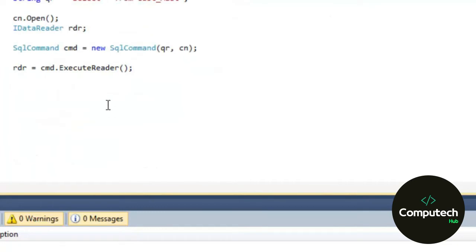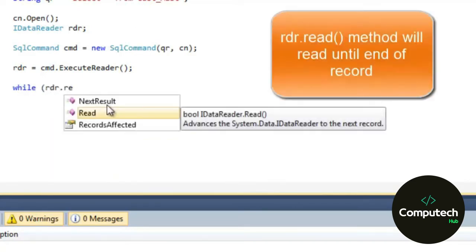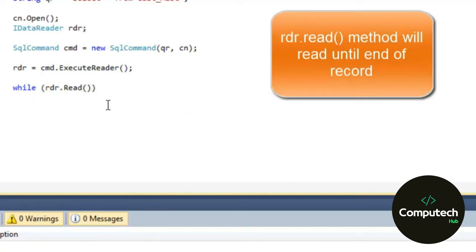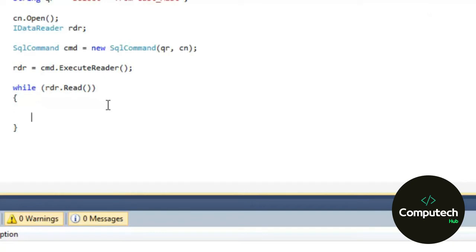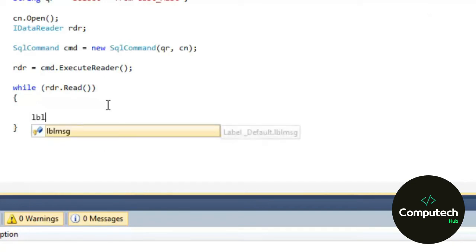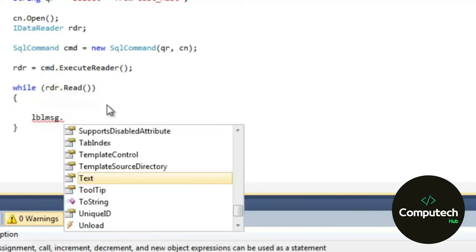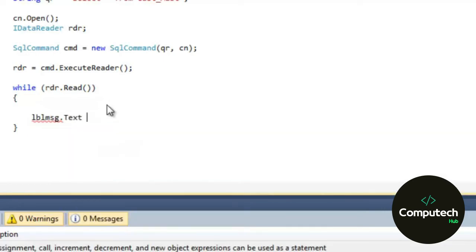Now we have to display the value which is in the reader object. So write while reader.Read. I want to display the name of the customer in the label. So lblMessage.Text is equal to